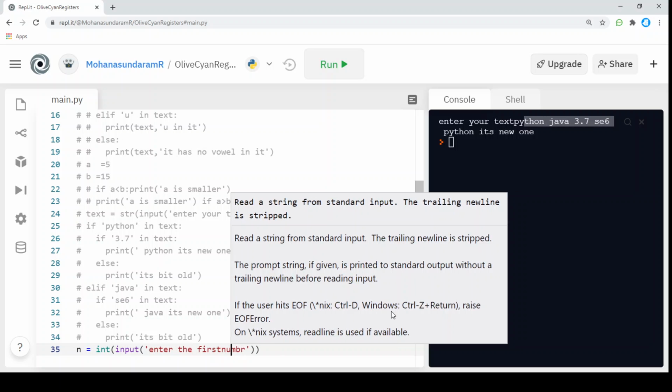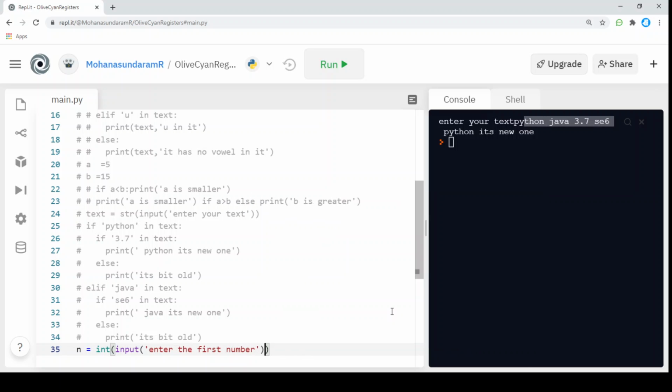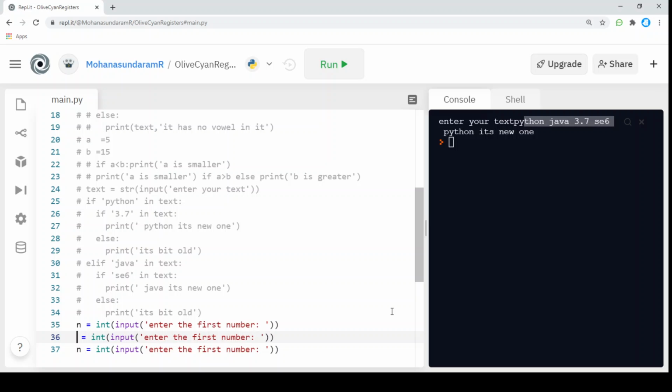I'm going to get the first number, then the second number, and then the third number.